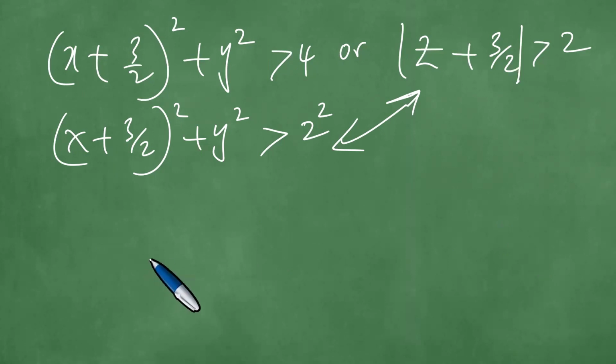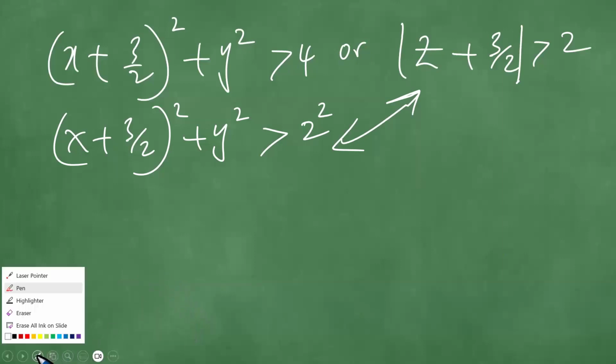So in which case, therefore, we need to just sketch this one. So how do we sketch this? Let us look at the sketch together. So if you have x plus 3 over 2,